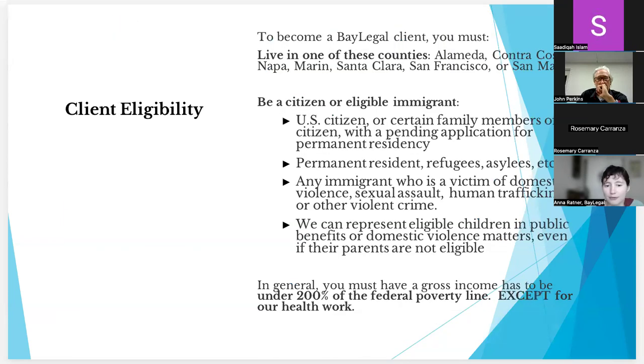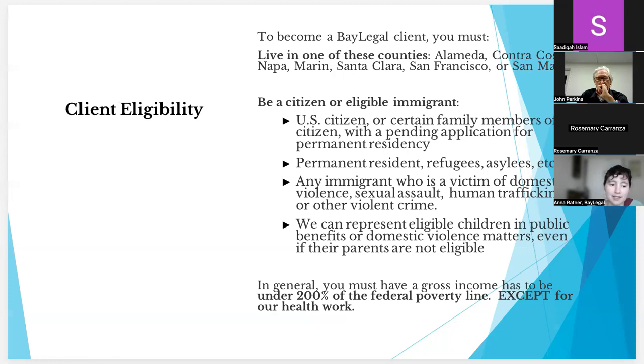To be eligible for Bay Legal Services, you have to live in one of the 7 counties that we operate in. You must be a citizen or an eligible immigrant. You don't necessarily have to be a documented immigrant, but they would just have to call and we would assess if they're eligible at the point of intake. In general,